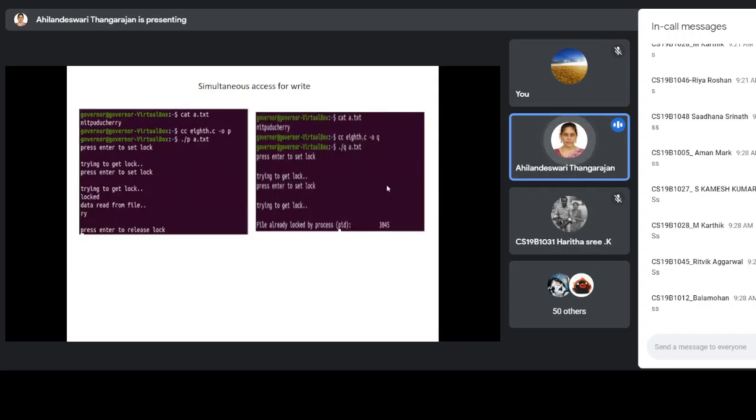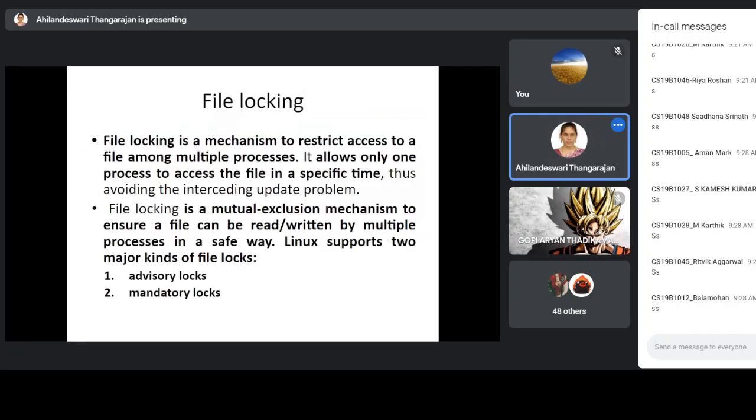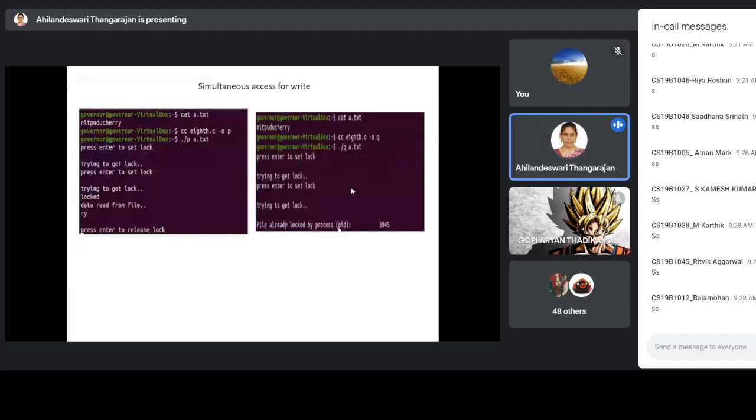Okay. Here, if you are trying to access with Q, you won't get the lock because the same region is already locked under a write lock. So another process will not be allowed to access the same file because it is already in the write lock. So you will be getting the process ID of the P process on the Q terminal.